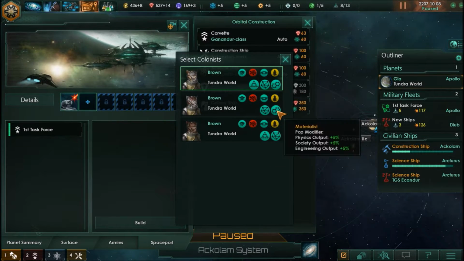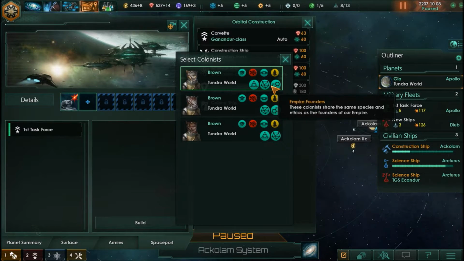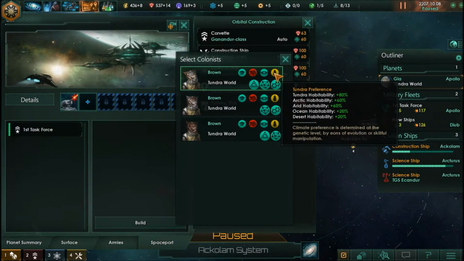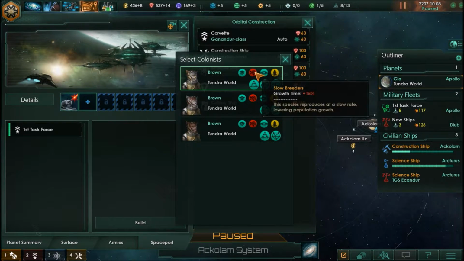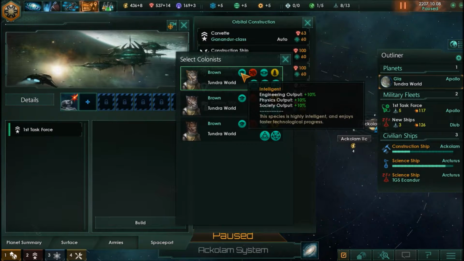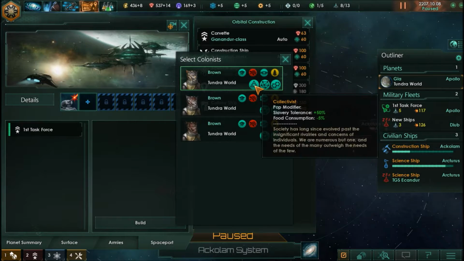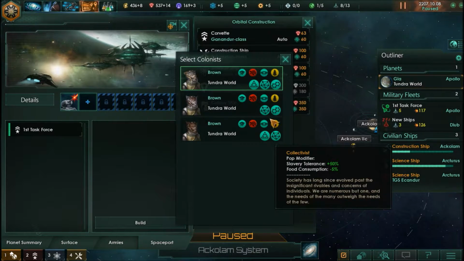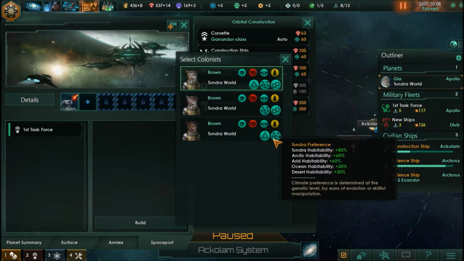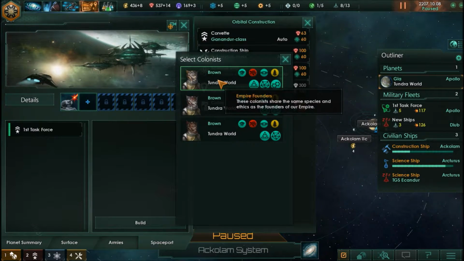Slow breeders, xenophile, collectivist, which is what we kind of want, materialist, yes, which is what we want, tundra preference, yeah, strong, slow breeders, well, nothing we can do about that, and intelligent. So the only thing these are missing is the collectivist. I think we want to, and these are missing the materialist trait. I think we're going to just go for these because they have the most number of traits that we need,